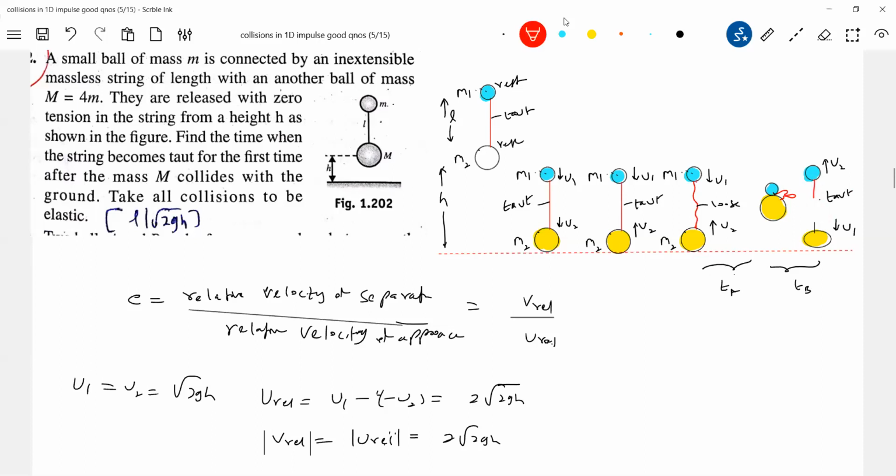Problem very simple. If the idea flashes for you, it's very easy. So what is TA? I should write it. TA should be equal to L by 2 root 2gh, no? And what should be TB? TB is also L by 2 root of 2gh. So what is the total time? TA plus TB, which is equal to L by 2 root of 2gh. I just took help of this concept. As e is equal to 1, I'm equating both.